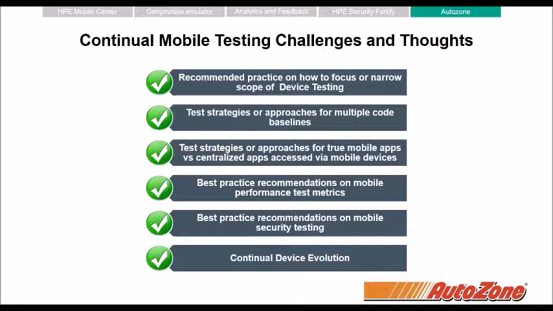And then how do we combat the continuous evolution of devices as they go from iPhone 6 to 7 to 8 to 9, and the different Android devices as well? So we are facing this, and how do we approach this as well? And the mobile team at HPE has been right there with us, listening to the thoughts and ideas that we've had, and we've been able to have a good relationship with them as far as things that we need in upcoming releases.